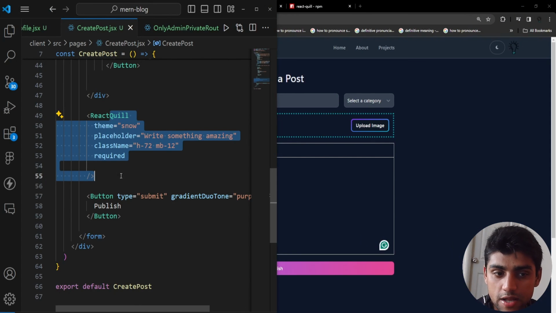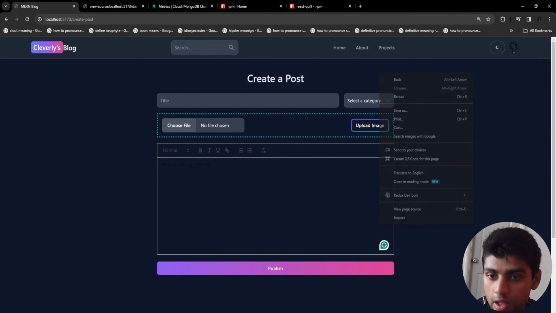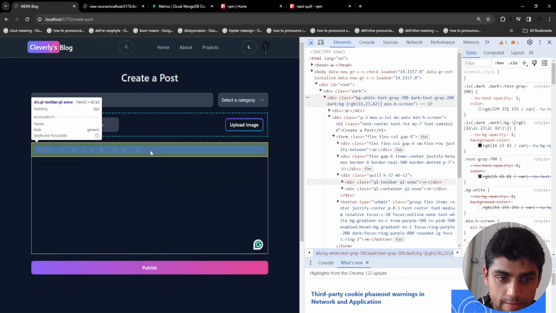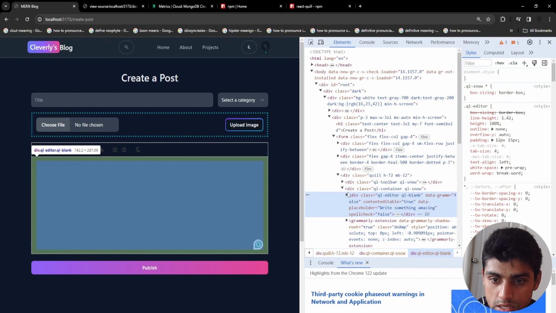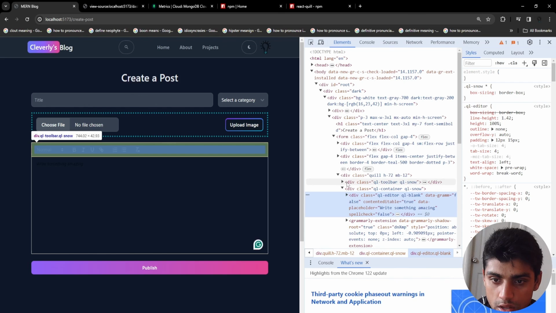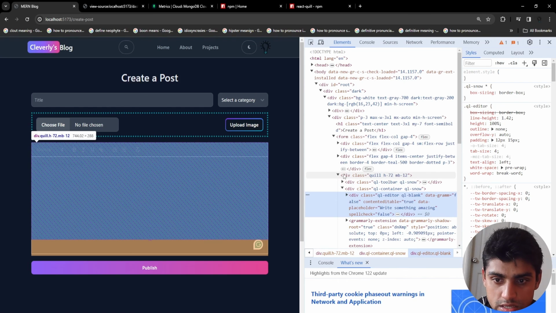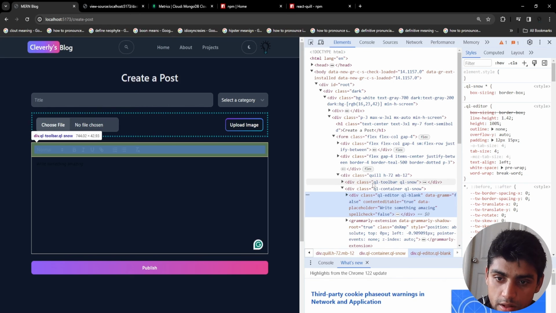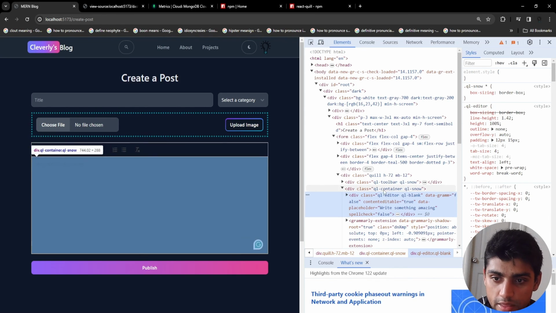This is React Quill, right? I just imported that, and it generally creates this whole thing. But there's HTML for this. If you go to the Elements tab and click on this, you can see this is actually a div class. So essentially, this whole thing is a div class Quill, h-72 and mb-12, margin bottom 12. But in here, we have a Quill class name, ql-toolbar ql-snow. Okay, and then we have ql-container, and then in here we have